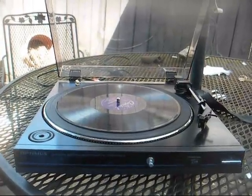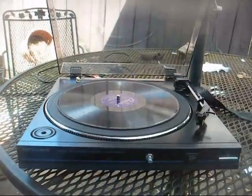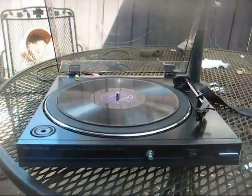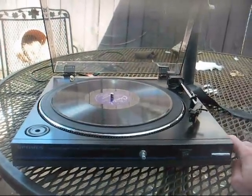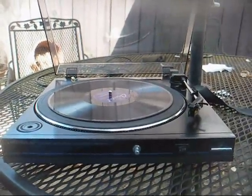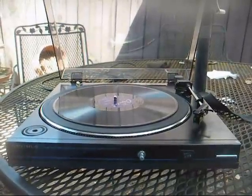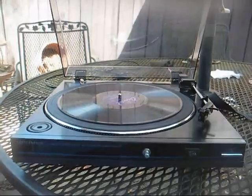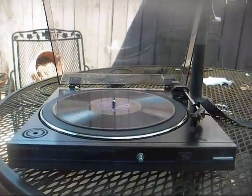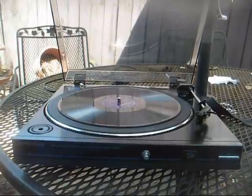Okay, when I get the 78 stylus for the Audio-Technica from LP Gear, I will incorporate that into the Audio-Technica video and re-release that. But for now, just some closing thoughts on these types of turntables, and I'll address one comment that was made on the Audio-Technica video before I deleted it. Someone said that given the nature of Audio-Technica's products and their quality, they were surprised that they would stoop so low as to produce a turntable to this caliber. Well, yeah, those turntables are fairly low end, but I've seen a lot worse,